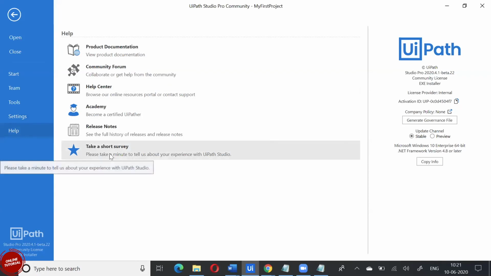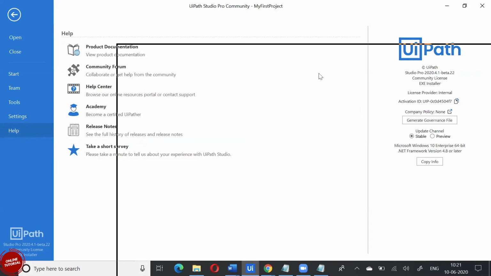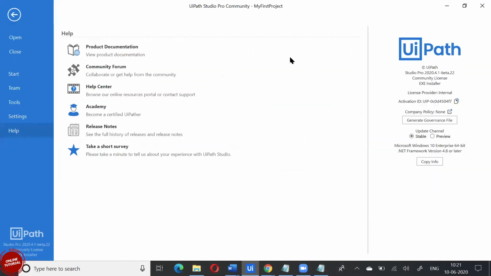Okay. So in the help section, here basically it displays all the information related to your UiPath, like what version is installed, what license you are using, what is your default machine ID. That's what I was saying sometime back on the very first day. In an enterprise, it creates an ID like this for every machine. You can't modify these IDs. With this, it tracks how long you have used it, and however many times you install, your ID remains the same for that particular machine. So we cannot tweak, reinstall, and simply extend the license.